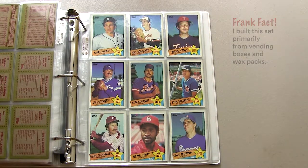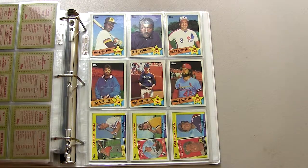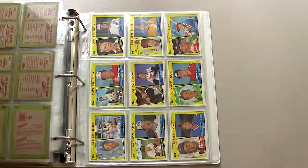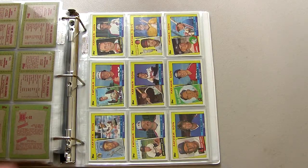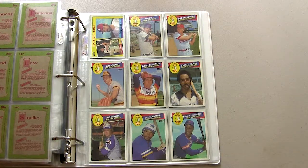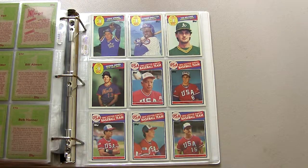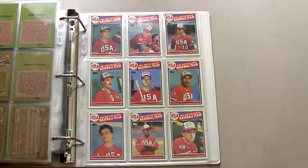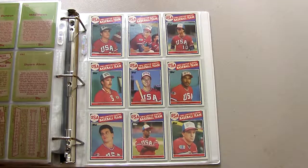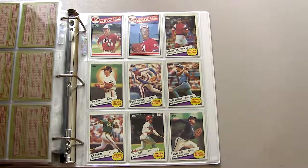These are the cards depicting the 1984 All-Star team. Here's a little subset here called the Father and Son set. Number 1 draft picks, you see Darryl Strawberry down in the right, Harold Baines. Onto the USA Olympic team, and there's the Mark McGwire card right in the center. One of the big cards in the set. The record breakers